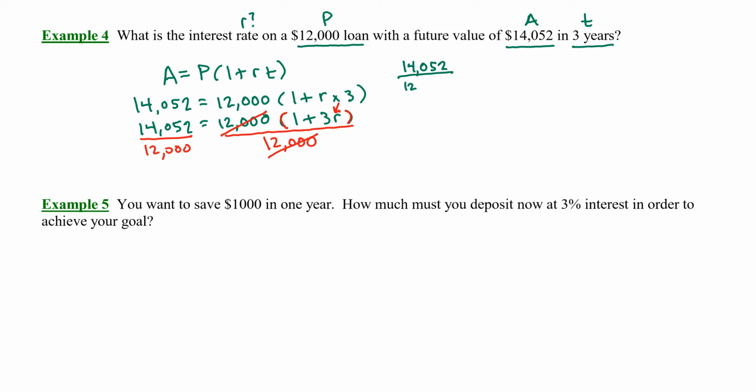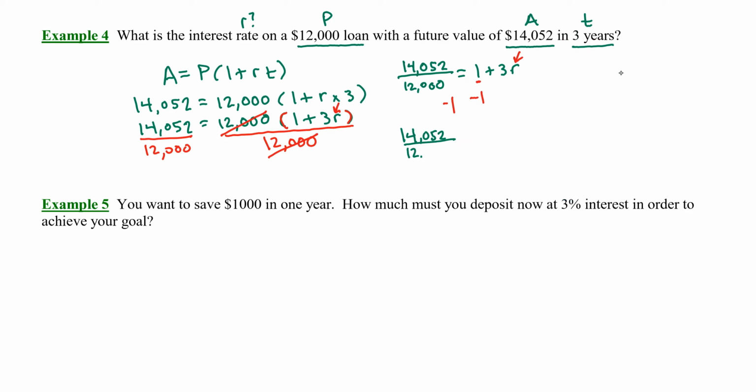14,052 divided by 12,000. This is equal to 1 plus 3R. Now, I'm trying to solve for R, so I need to undo all of the operations applied to R. The next step is to get rid of this 1. 1 is being added to 3R, so I'm going to subtract 1 from both sides. That's going to look like